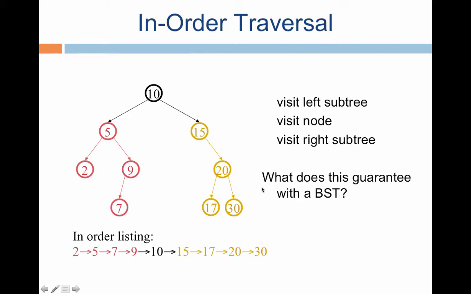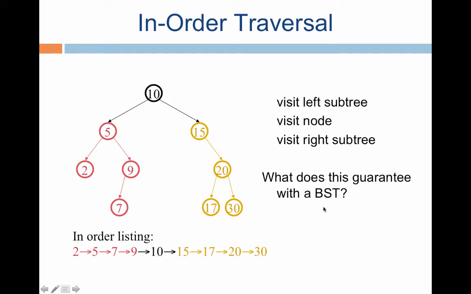Now let us look at the different traversals of a binary search tree, starting with the in-order traversal. We all know by now what the in-order traversal of a binary tree is: you recursively list the left subtree, then the parent node, then the right subtree. So let's do this now. I list 2, then 5, then 7, then 9, then 10, then 15, because 15 does not have a left child. So I explore, find that this is a null set, and there's nothing to be printed. Then I print 15, then I go here and print 17, 20, and 30.